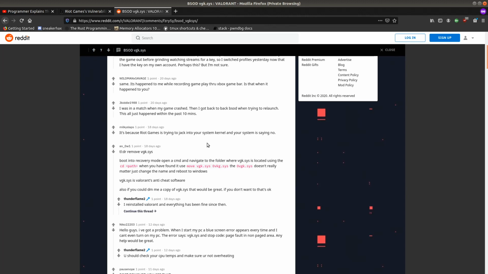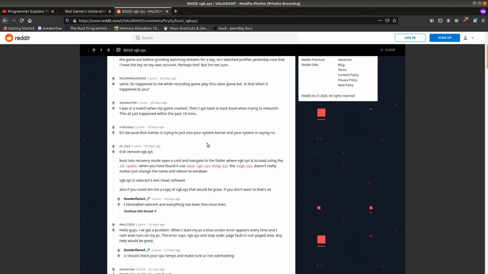cheating, companies like Riot Games and several others now, and by the way, antivirus companies all do this too, they install a driver so that way they have more control over these hacking programs. Because now, in order to actually defeat the anti-cheat, somebody's going to have to go into the kernel and basically attack it in the kernel, which is harder to do. It is more likely to fail, and it overall adds another level of complexity to hacking the game. So in order to get more control over the cheats, that's why they have created this kernel driver code,